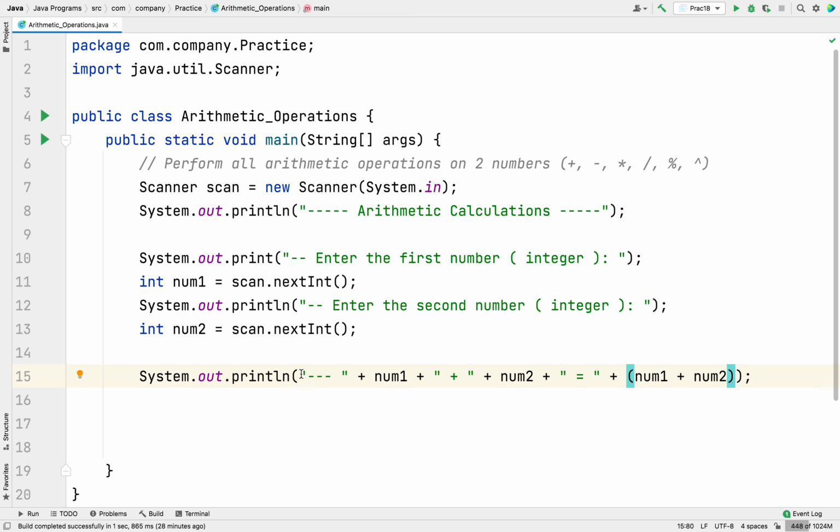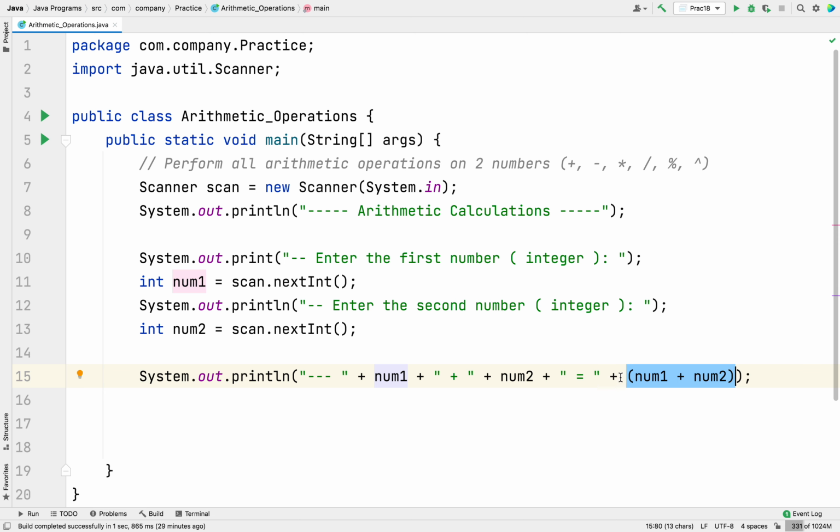I'll explain. Here is a string, here is a number, here is also a number, and here is the addition.